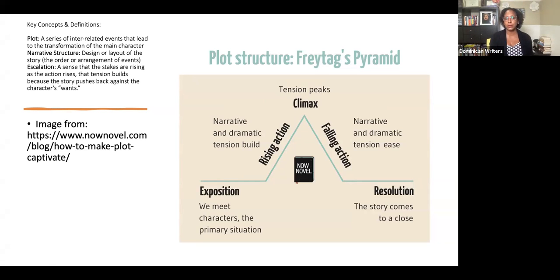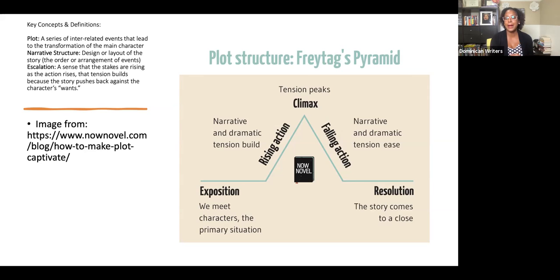So for that short story, we can ask, what is the story about? We know it's the first chapter of a novel, so the expectations as readers are different. But if I were to boil it down to a sentence, I would say that story is about a man and his descendants and the people that are related to him. It's about a family that is affected by a big secret, and the story is about the day when the secret is going to be revealed. So that's the plot.